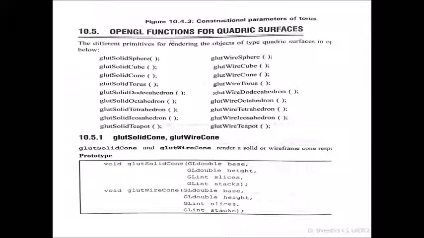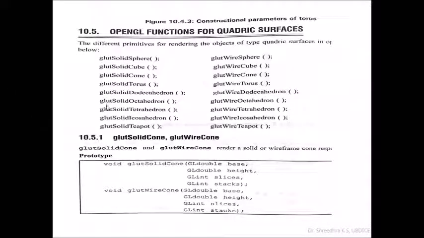OpenGL has many quadric surface creation functions with the help of the GLUT library: glutSolidSphere, glutSolidCube, glutSolidCone. Solid refers to the complete picture being filled up, so you cannot observe what is in the background. Only the shading effect and lighting effect make the object look 3D. Otherwise, if the shading effect is not there, it looks like a triangle or a square.